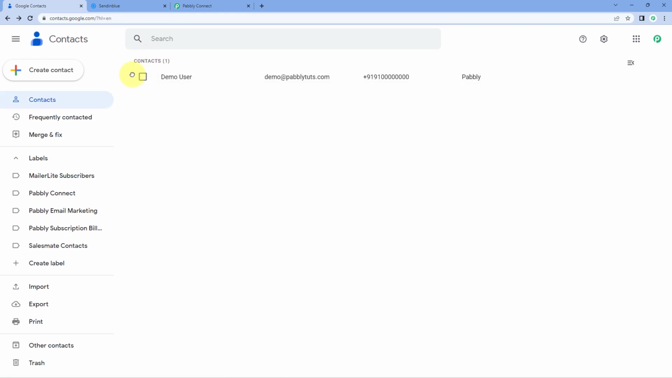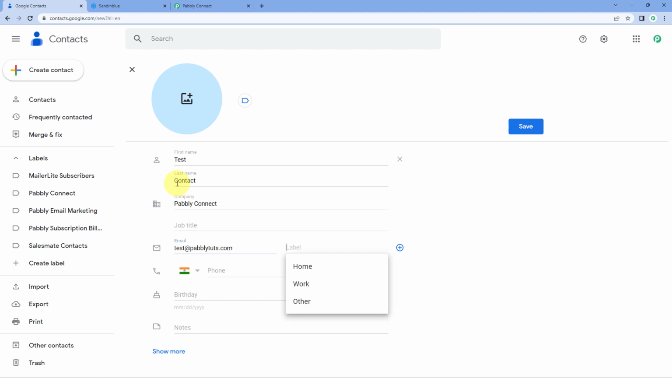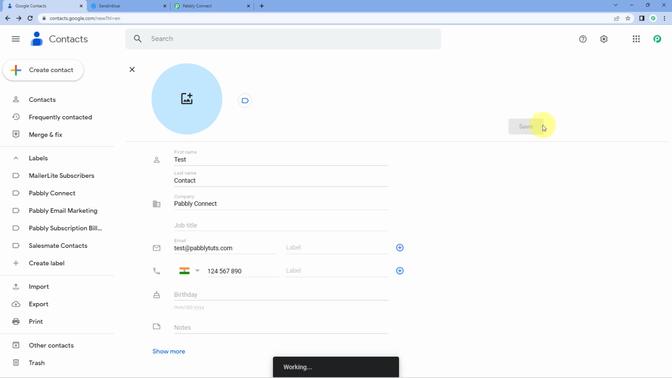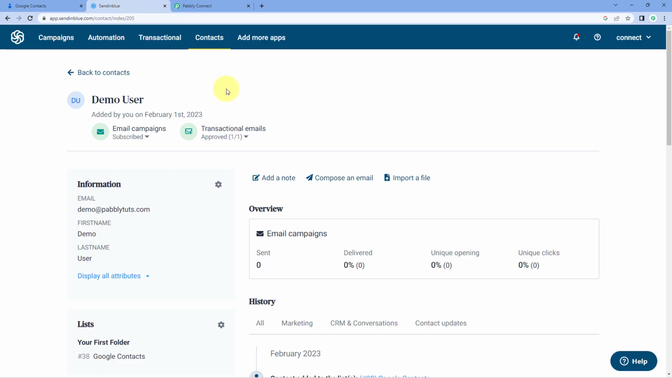Now after setting up this automation, let's test this automation once in real time. We are going to create another contact in Google Contacts. Let's click on this create contact button. Let's enter the name as, for example, test contact. Then let's add the email address as well. For example, Pabbly Connect is the company name, and the mobile number. Click on Save. So just now we have added a new contact in Google Contacts. And we will see as this contact is added, within 10 minutes, a new contact will be created in Sendinblue